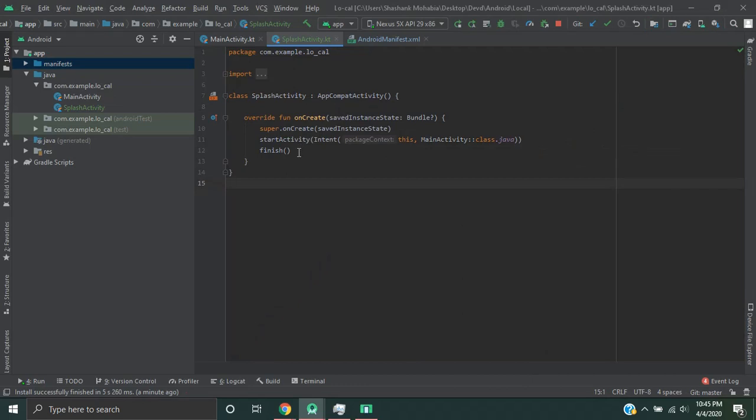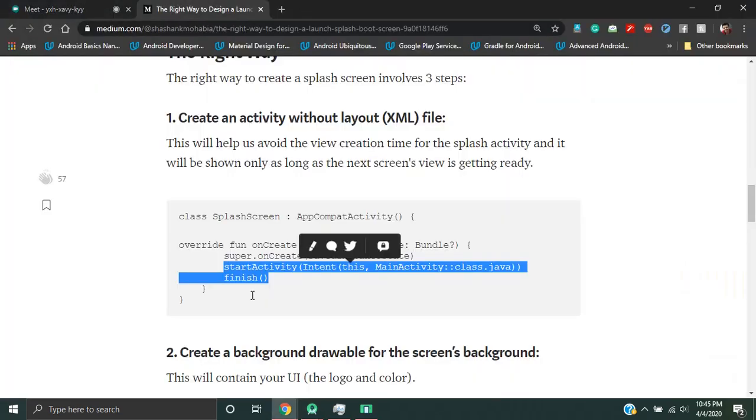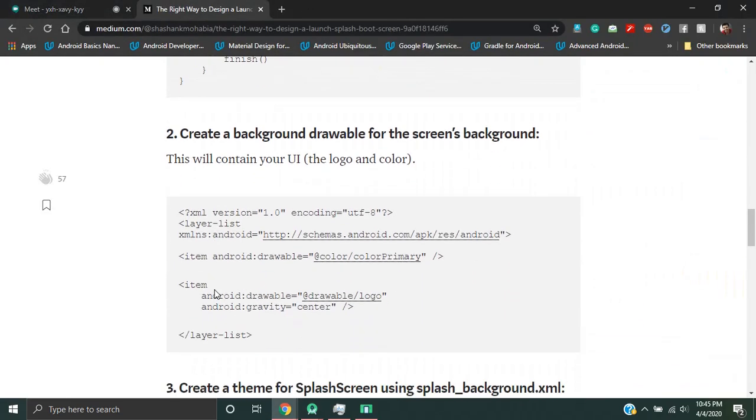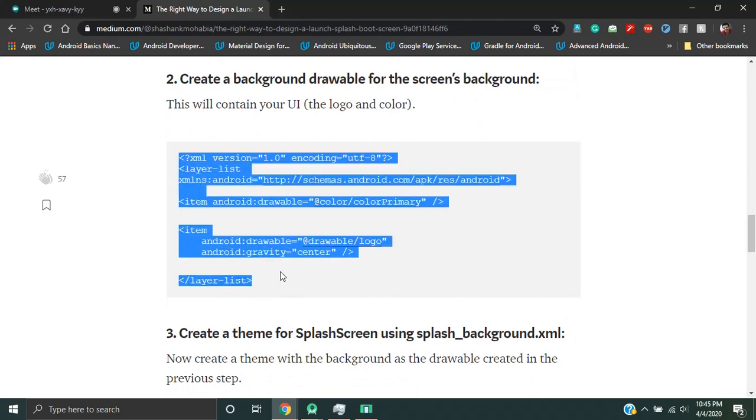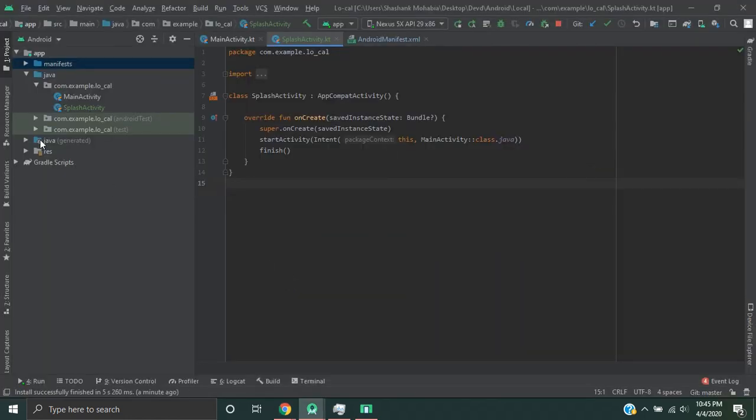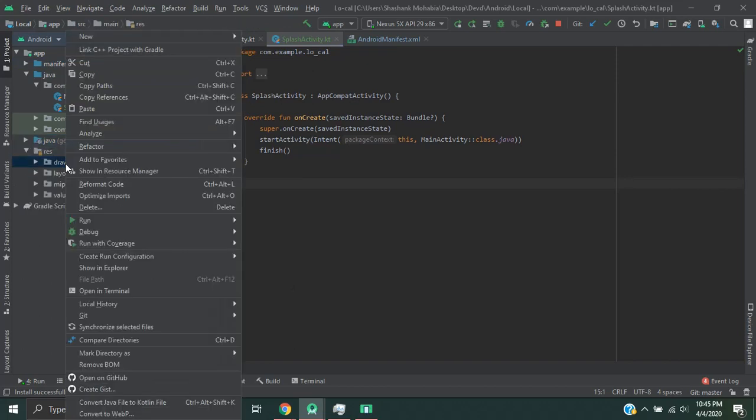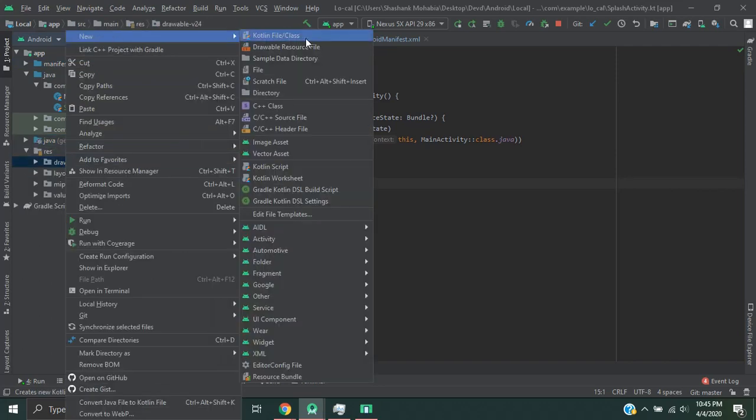For adding the view, we cannot create a layout file, as we discussed. So there's another way to do that, that is there in the app. Let's create a drawable, which is a drawable vector. Just copy this, and right click on drawable, make a new drawable resource file like this,